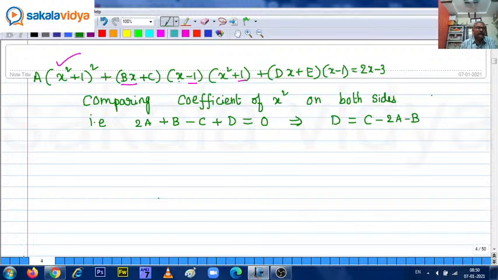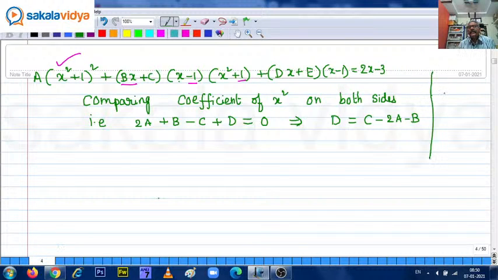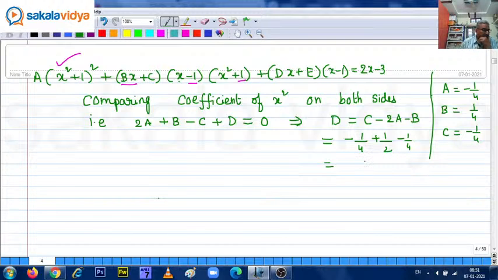Let us go back. So what is the a value? Minus 1 by 4. Okay, b, c we know. Since a equals to minus 1 by 4, b equals to 1 upon 4, c equals to minus 1 upon 4. Substitute now. So this equals to minus 1 upon 4, minus 1 upon 2, plus 1 upon 2, minus b, minus 1 upon 4. So the d value will be